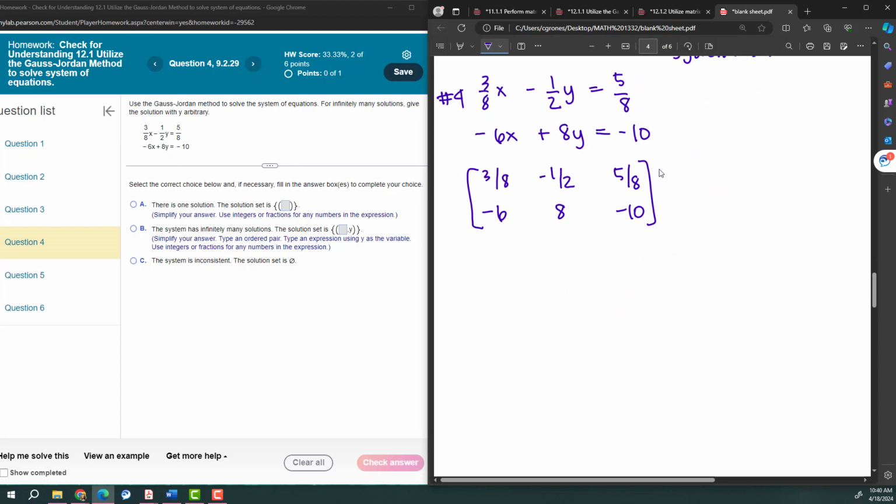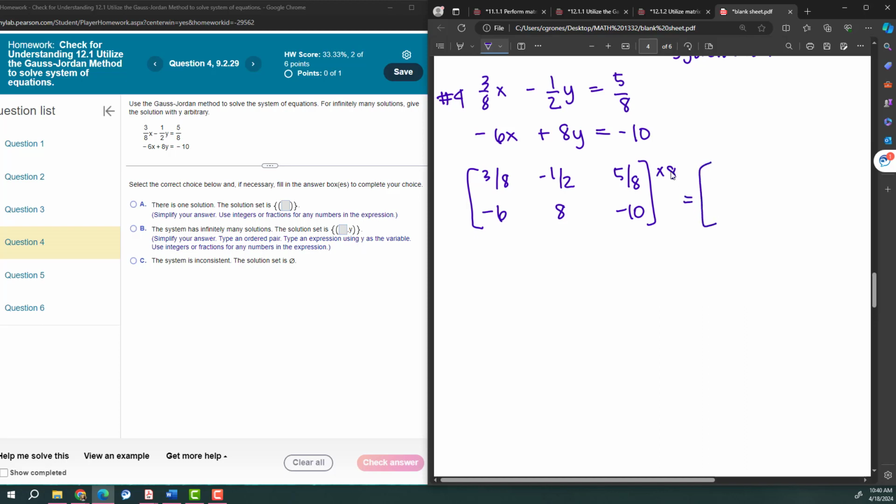So something we can do is multiply our top row by 8 because that's going to give us something that's easier to work with than fractions. So if I multiply our top row by 8,